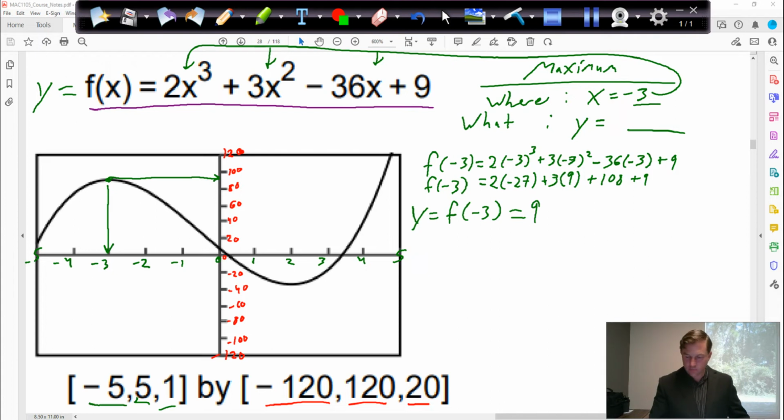exactly 90. So in my drawing, 90 would be about right there. In my drawing, I was a little bit above that, so I might have guessed it right, but to get the exact answer, just plug your x value into the function. Okay, now for the minimum,